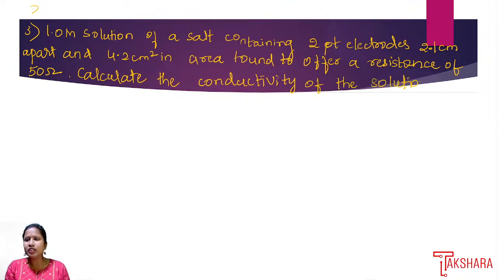So this is the question they have given, that is 1.0 molarity solution of a salt surrounded by two platinum electrodes, and those two platinum electrodes are placed 2.1 centimeter apart and 4.2 centimeter square in area of cross section, is found to offer a resistance of 50 ohm. They are asking to calculate the conductivity of the solution. So now let us write what is given in this question, according to this question,